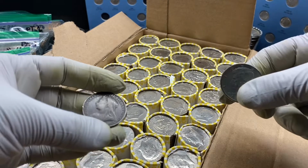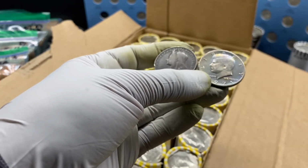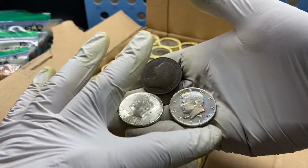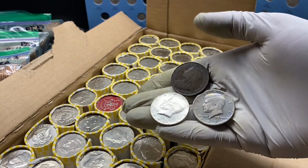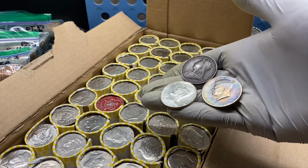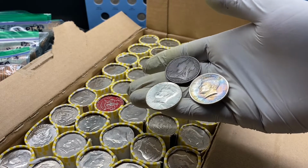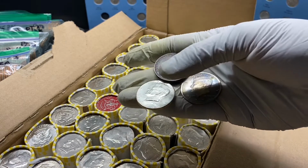Although I didn't have as much silver as I'd like in this box, or proof coins or anything, these two or three oddities, should I say, definitely made this a memorable box. It's not every day that you find something like this inside of coin roll hunting boxes, so check that out. I'm super excited, so I'm sure we can find silver in other boxes, but it's just not every day, every week, or even every month. I've been doing this for quite a while off camera, and hardly ever found such an interesting trio. So we're going to call those the Three Musketeers, or Musketeer heirs, or, you know, I don't want to offend anybody. So whatever floats your boat,